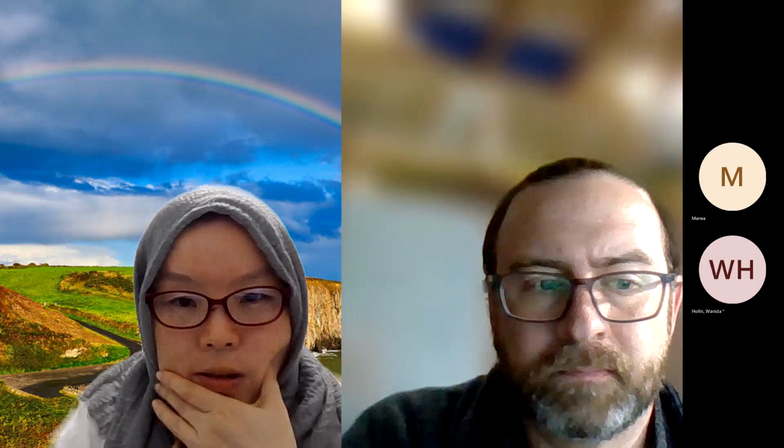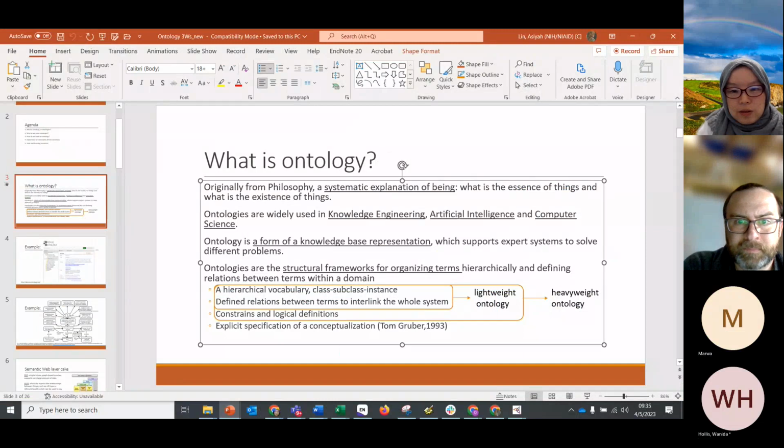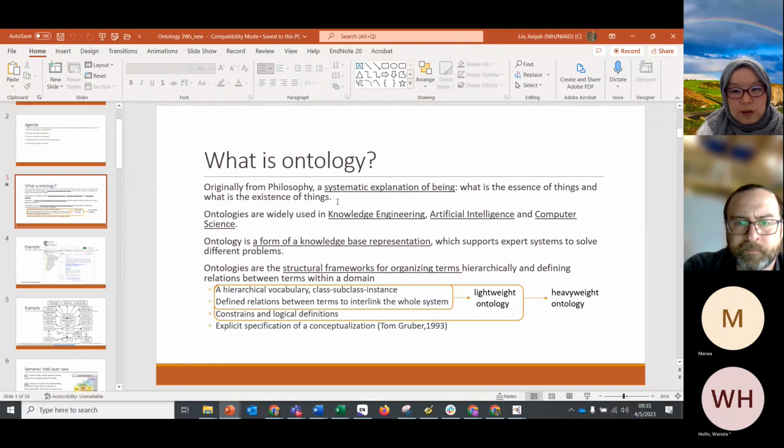class. What is an ontology? So the first class we talk about looking at the philosophy. It's a way of systematically explaining what things are out there, the essence of things, and the existence of things. And it was used by knowledge engineering, artificial intelligence, and computer science. So here is the key sentence. Ontology is a form of knowledge-based representation, and that will support expert systems to solve different problems,